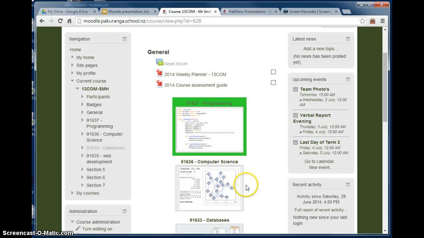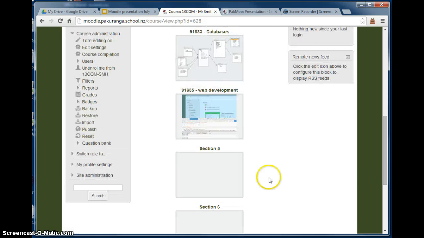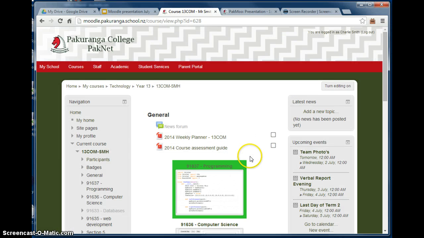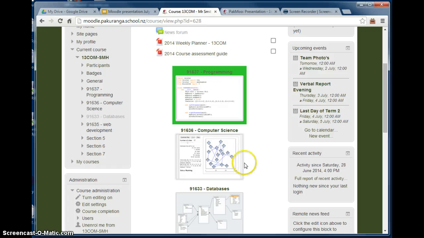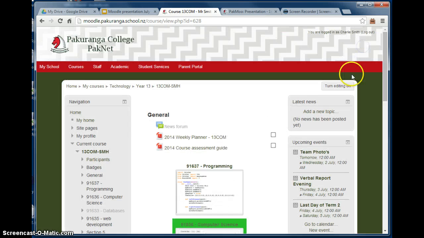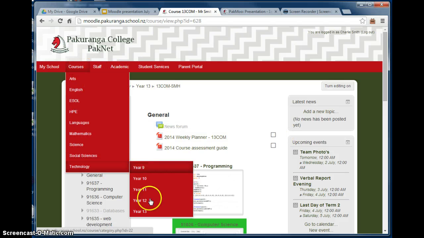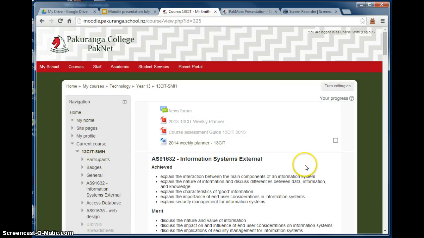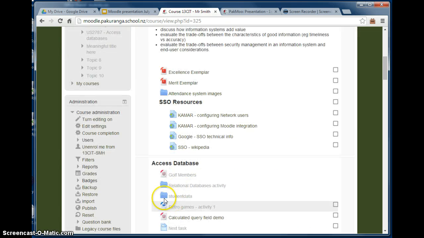So I've got programming section, computer science section, databases, web development section. Click on the programming. It pops up in a little lightbox window, and you can see it's just a lot easier to use, so I don't have to scroll through the entire page to get to where I want to go. So to Technology Year 13, go back to that 13 CIT page, and it's a really easy thing to turn